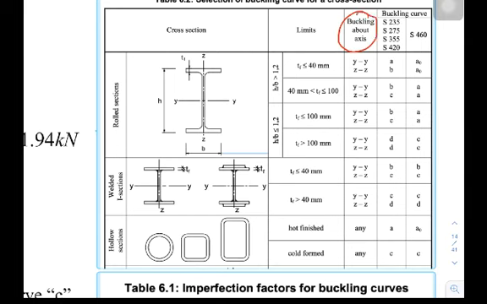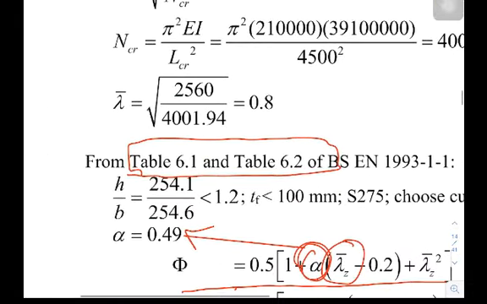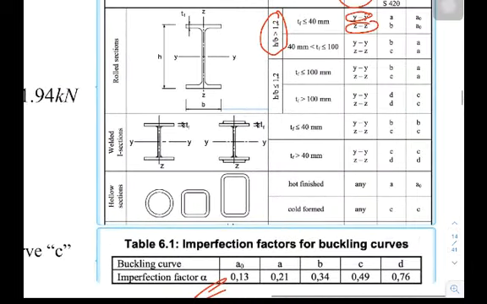the axis the buckling occurs, the buckling about axis. Which axis? The column fails, whether it is the y-axis or the z-axis. So it all depends on this value here, the h over b. If it is greater than 1.2, in this case h over b is less than 1.2. Yeah, it's less than 1.2. So we refer to this area here. Right, h over b will be less than 1.2.